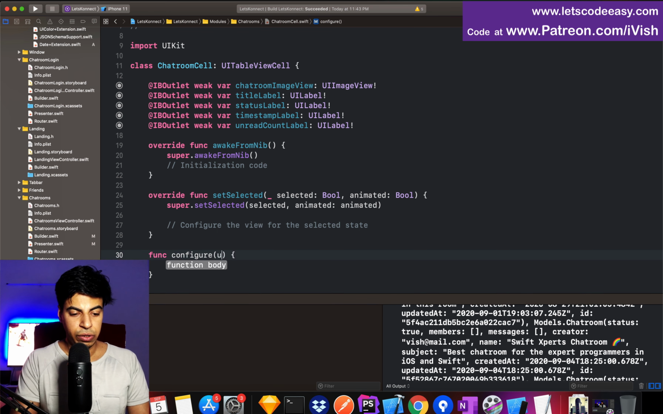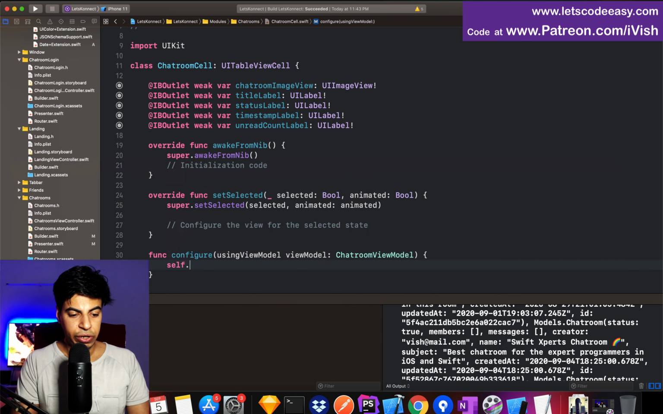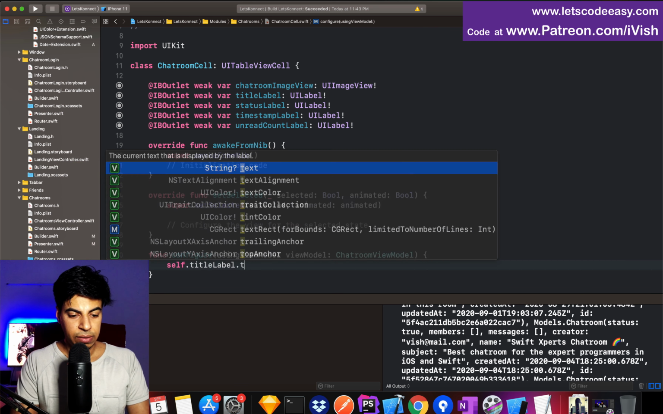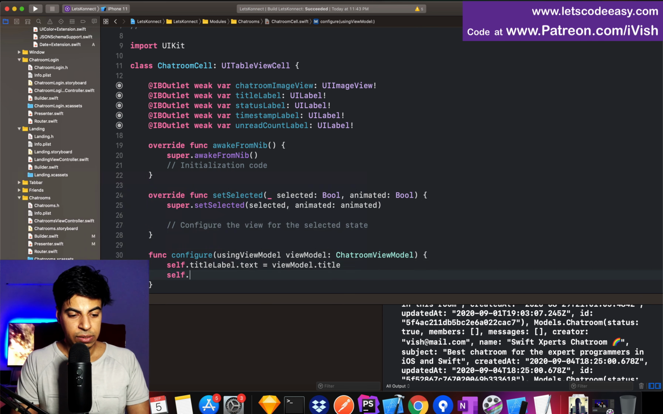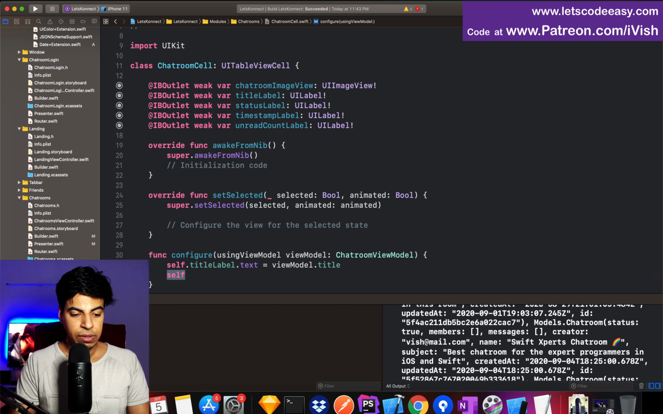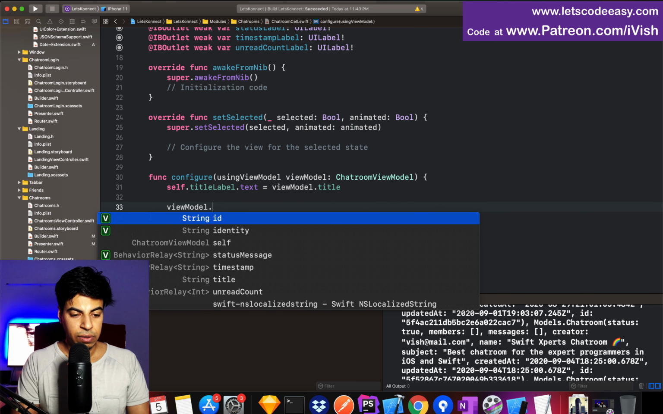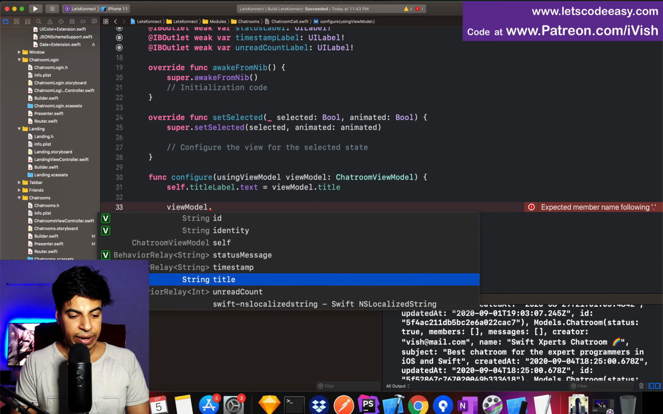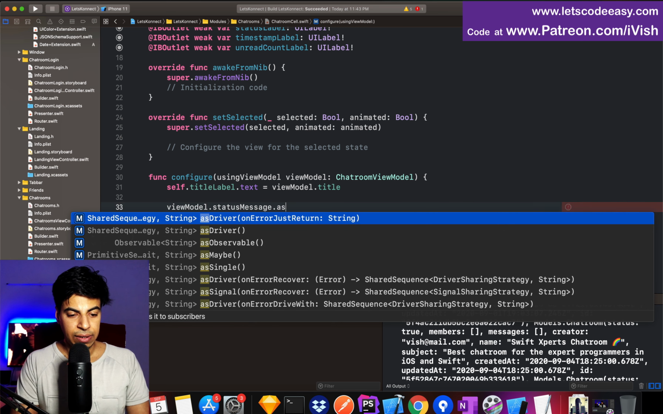and so it's going to use the view model. Using view model is going to be Chatroom view model. So I'm just going to use the Chatroom view model's values to set these. View model dot title, self dot rest of the things are all using. So I know this view model is going to have, rest of the things are behavior relay except for the title. So for status message, I'm just going to say as driver